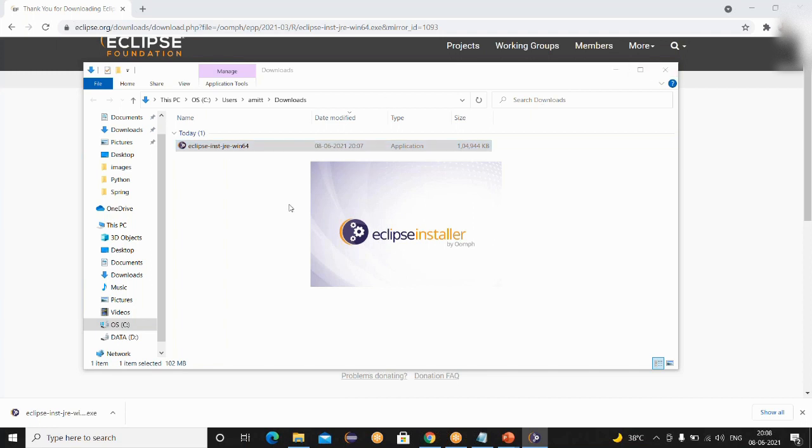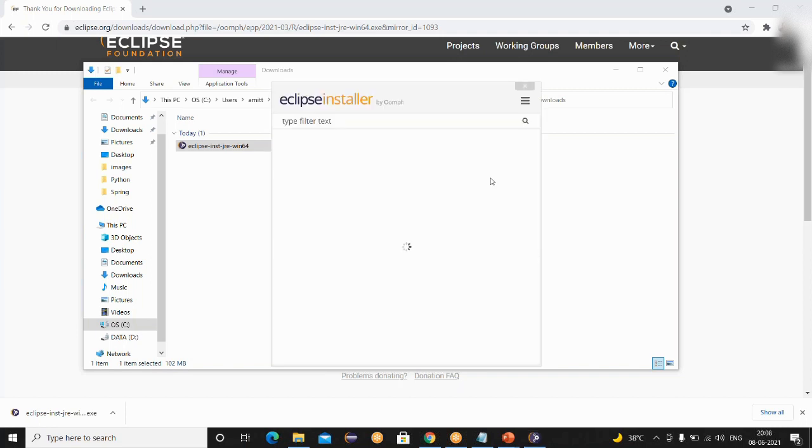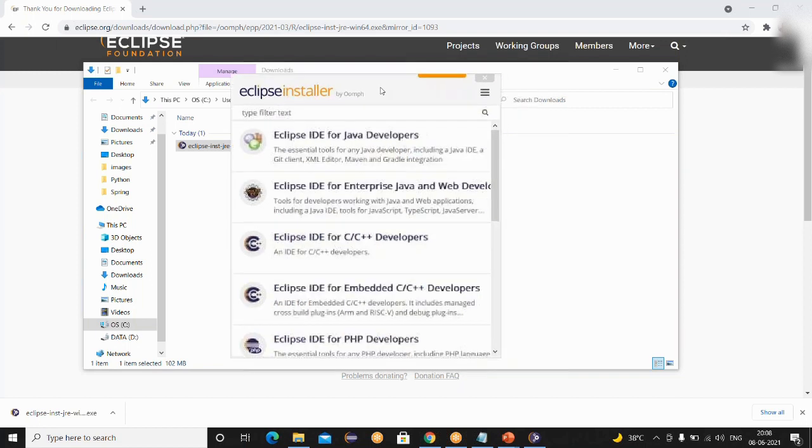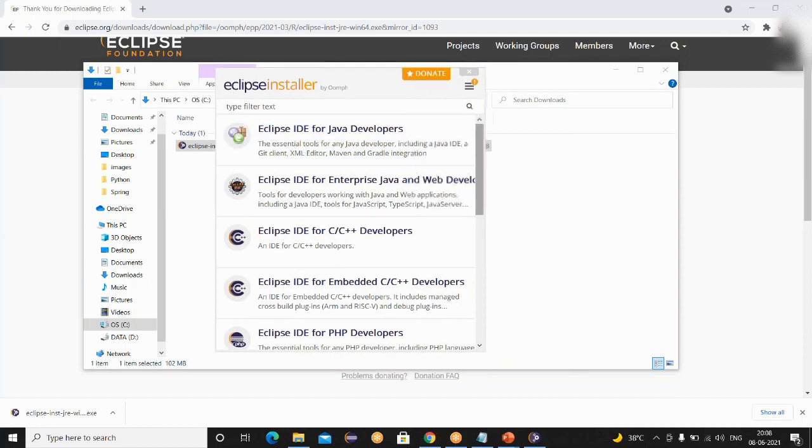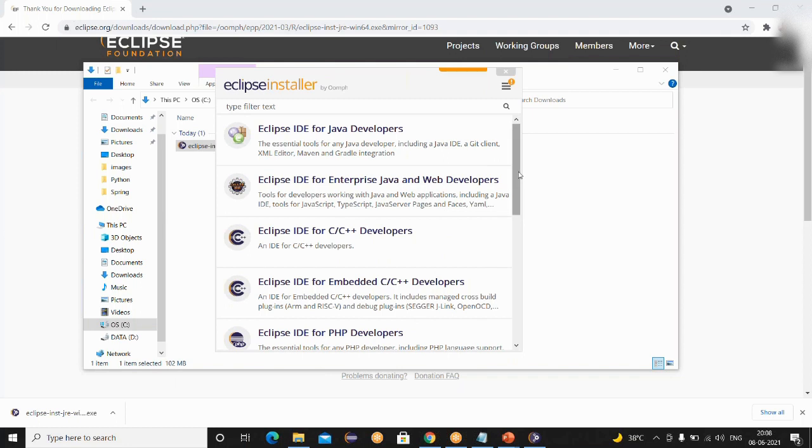As soon as you click on it, you will see a dialog box like this, the Eclipse installer. Wait a few seconds. Okay, now this box will appear. Pay attention to this box. It says Eclipse IDE for Java Developers. If you scroll down,